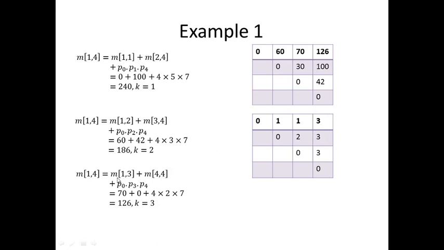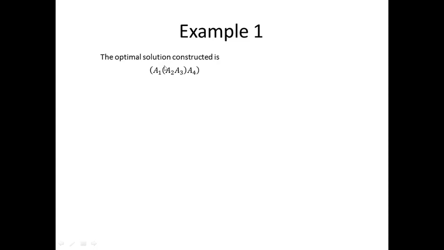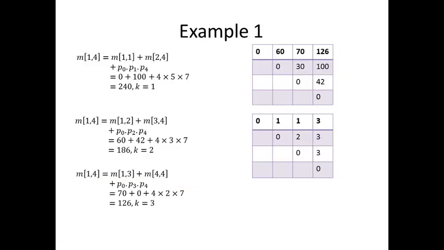Then you will go for M13, and M13 here is 1. That is A2, A3 in one bracket, A1 before that. Therefore, the full parenthesization will be one full bracket, inside that A1, then one bracket inside that with A2, A3, then A4, then close the bracket. This is how the optimal parenthesization is obtained. This is the final answer: A1, then A2, A3, then A4. And these S value entries will help you to arrive at that optimal parenthesization.